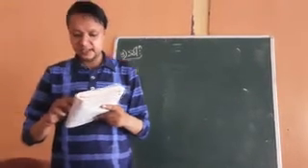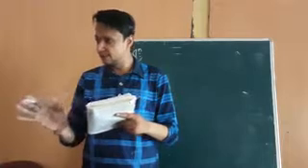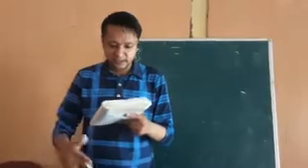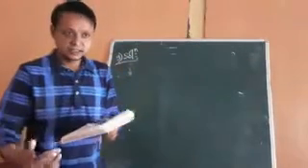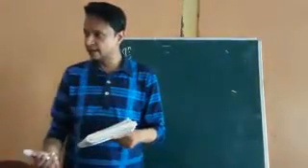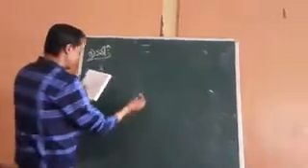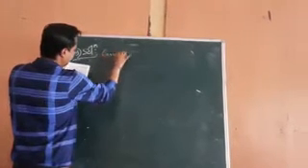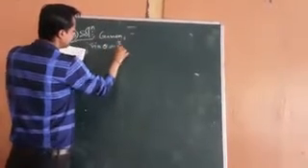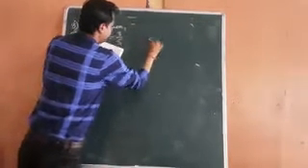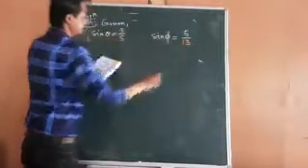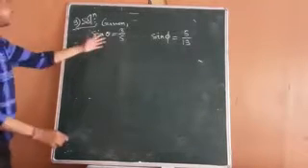So sin theta and sin phi values are given to you, but cos theta and cos phi values are not mentioned. So using sin theta I will find cos theta, and using sin phi I will find cos phi. You already know the formulas. Sin theta equal to 3 by 5 is given to us. Similarly, sin phi equal to 5 by 13 is mentioned.